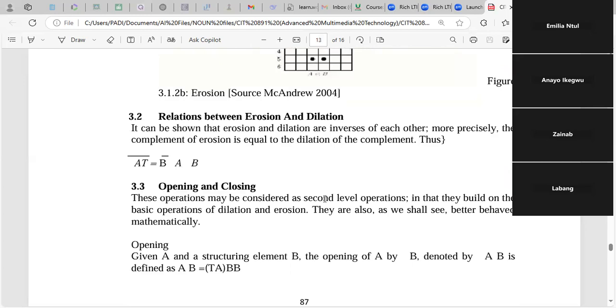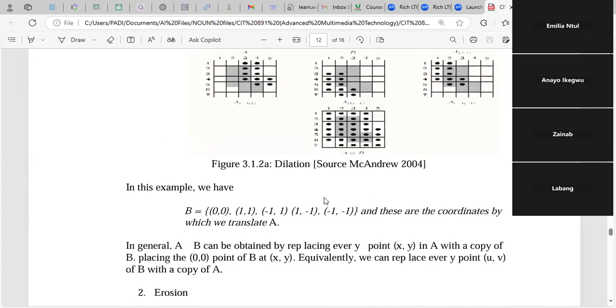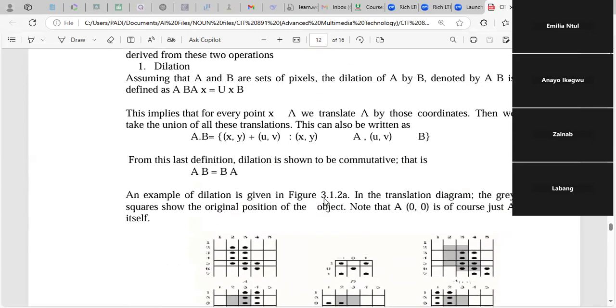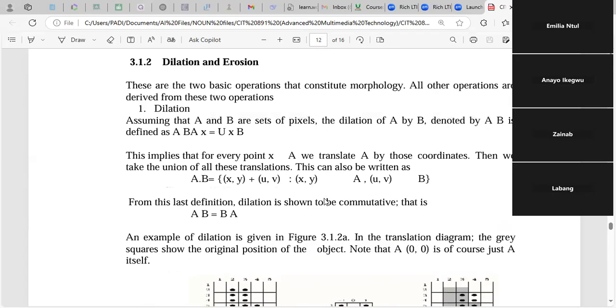Please, can you go up a little bit again? Yes. Okay, sir. Okay, here with the formula. We're trying to explain the formula. Yes. That this BA,